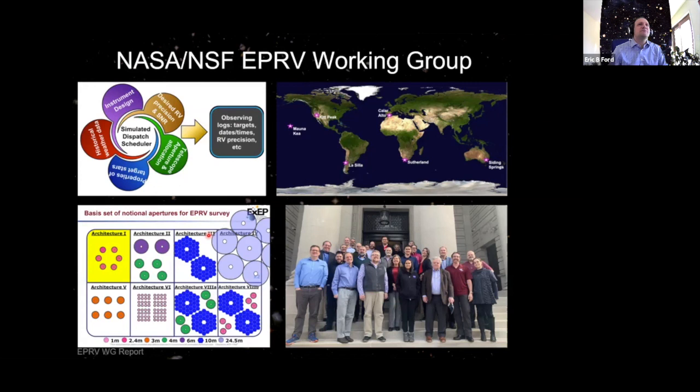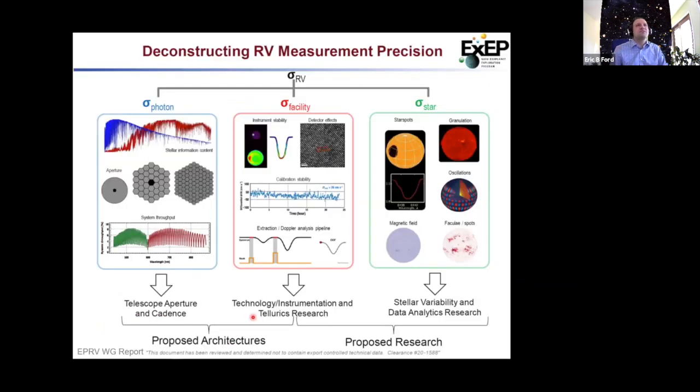And they did some simulations that included things like the instrumentalists weighing in on the limits of instrumentation, and putting in a realistic distribution of where telescopes are, and cloud conditions at each site. And then we got to dream big in terms of what telescopes we'd put there. So everything from 2-meter telescopes to, there was even one design involving an ELT. That one I'm not going to show simulations for because it's a little bit silly. But for the other ones, we envisioned 2, 4, 6, 8 to 10-meter telescopes, and looked at what we could do, folding together the various sources of uncertainty.